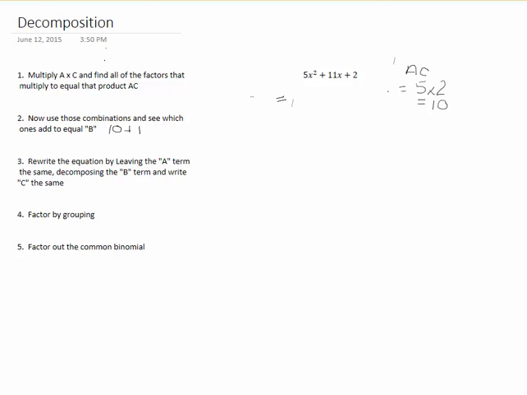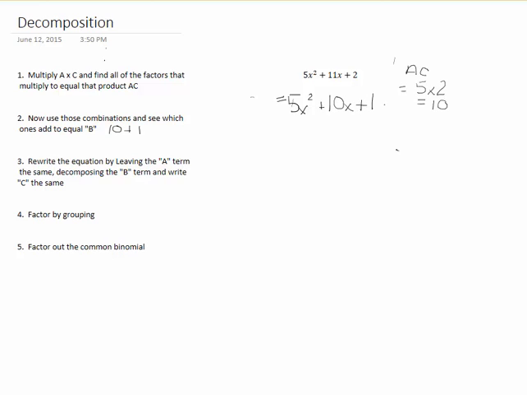So our next step says we need to leave our a term the same, 5x squared. Leave the a term the same, don't do anything to it, 5x squared. And then we're decomposing that 11x. Now we're not changing the value at all. We're going to have 10x